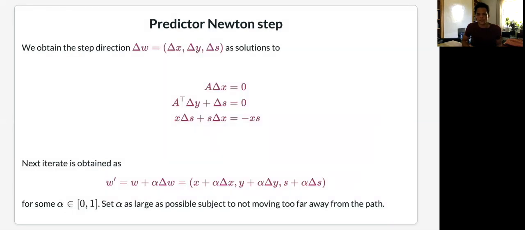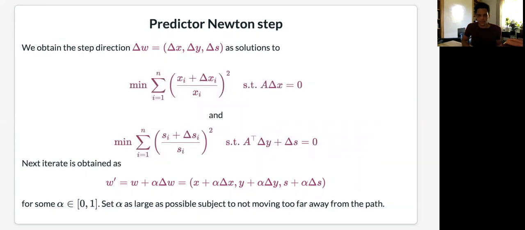Now, what is the system that we are solving in the predictor step? In the middle of the slide, you can find the standard system that is solved for the predictor step. So the first equation is primal feasibility, the second equation is dual feasibility, and the third corresponds to shooting down on the central path. And equivalently, this system can be phrased as a least squares problem. So on the primal side, we essentially have, subject to feasibility constraints, a weighted least squares problem, and the same we have for the dual side. Given this update direction, we apply this to our current vector, and this will give us the predictor step.